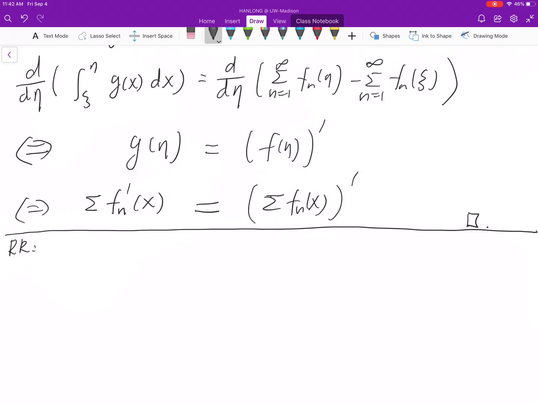Recall that, let F be a power series, and R greater than 0 is the convergence radius. Then